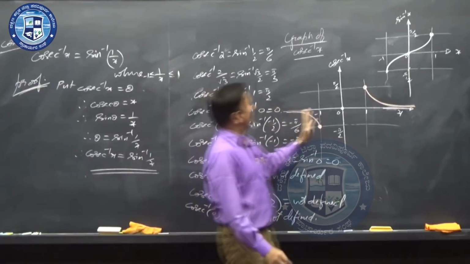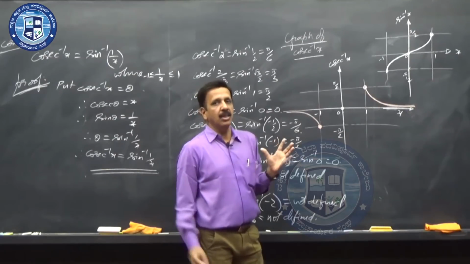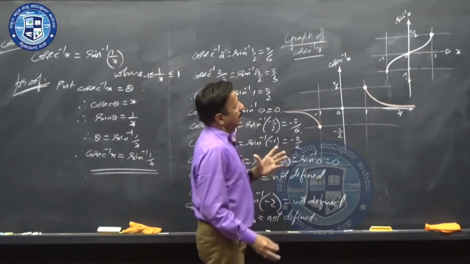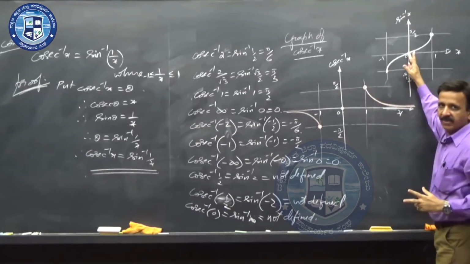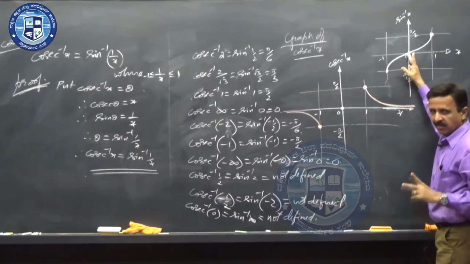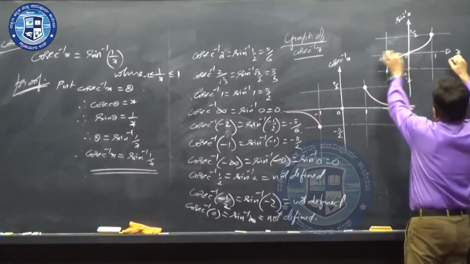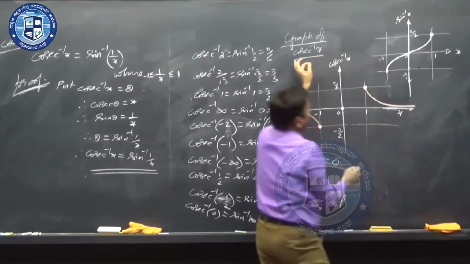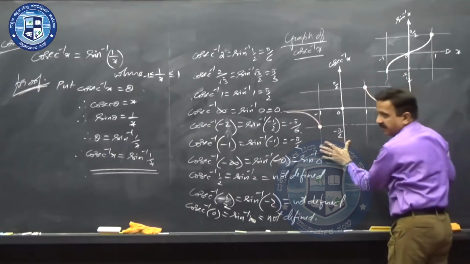Now you compare cosec inverse x with sine inverse x, and it makes sense, because all the concepts in cosec inverse x are analyzed with the help of sine inverse x. Now, the sine inverse x graph is like this, and if you cut it here at x equals 0, like a ribbon cutting, you will get one piece hanging here, one piece here. This piece you put like this, and this piece you pull like this. Cut it and pull it like this, and you get the graph of cosec inverse x.